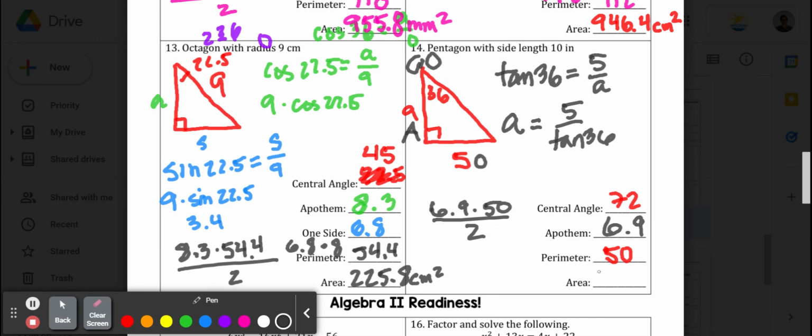Which leaves me with 172.5, and that's in square inches. And I finished the last one in